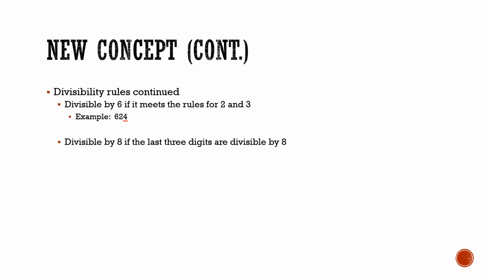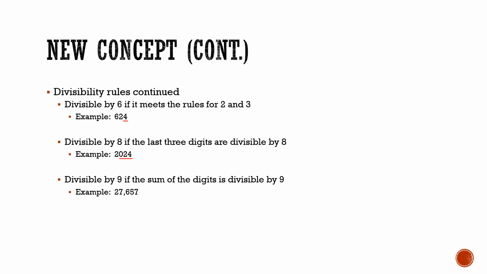A number is divisible by 8 if the last three digits are divisible by 8. So the last three digits in here are 024, so 24. So that would make this number divisible by 8. A number is divisible by 9 if the sum of the digits is divisible by 9. It's a lot like the rule for 3. This time we're just seeing if it can be divided by 9. So if you added all these digits up,